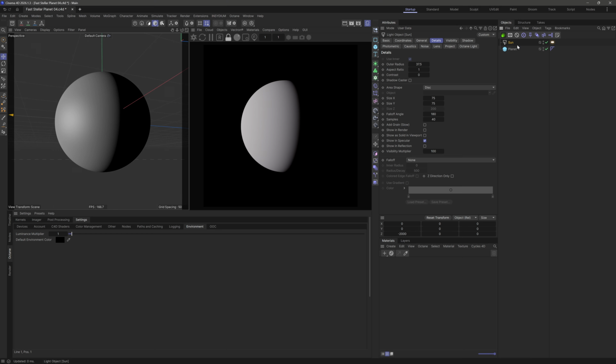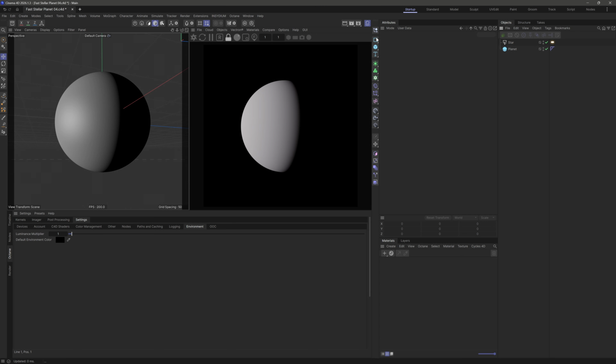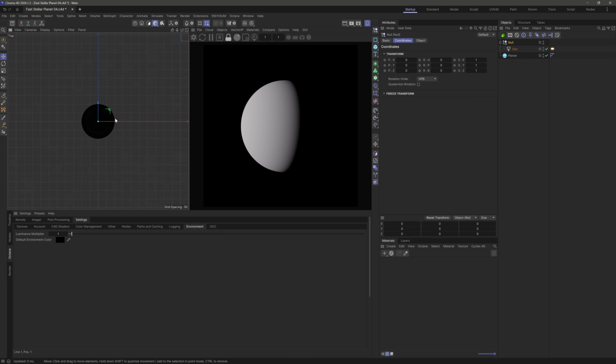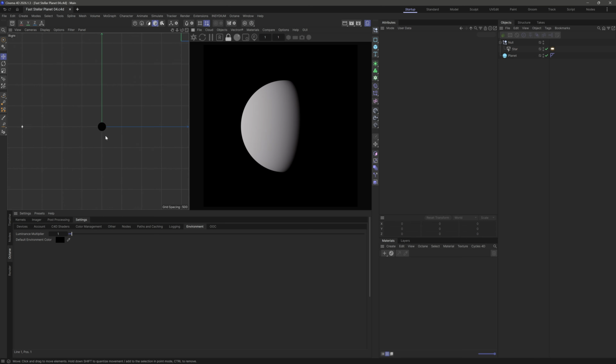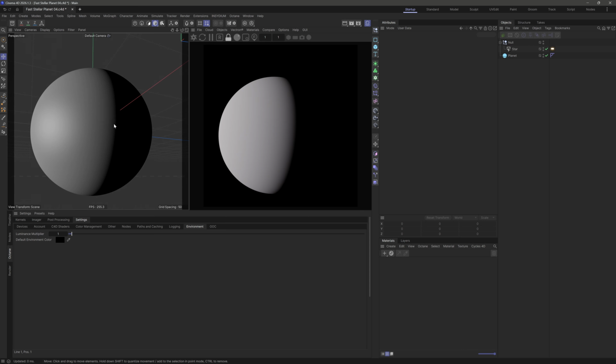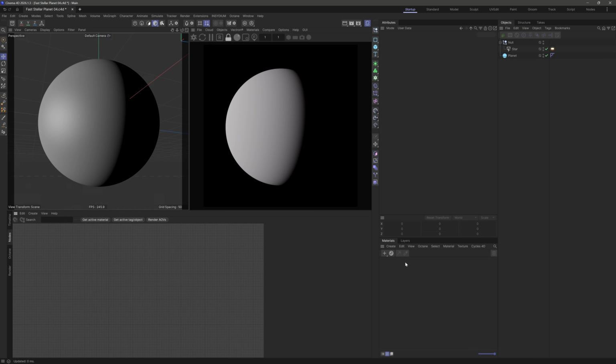And let's just call this sun, or maybe even more accurately would be star. And then I'm going to throw this into a null in case I want to have a little bit of control over the position. And this way I can rotate it around a nice center point, and that all works well. So we are going to use exclusively these Stellar OSL shaders, and let's first start by creating an Octane